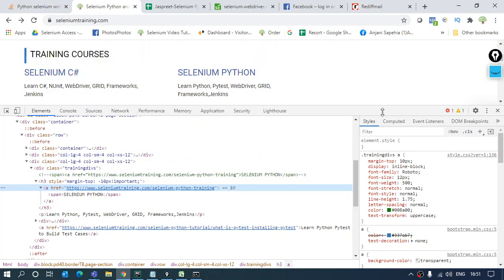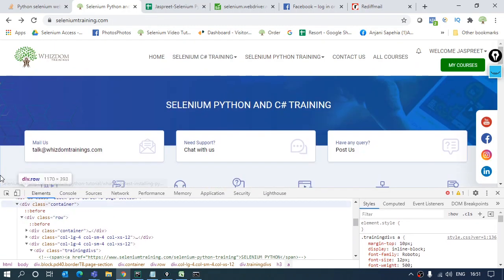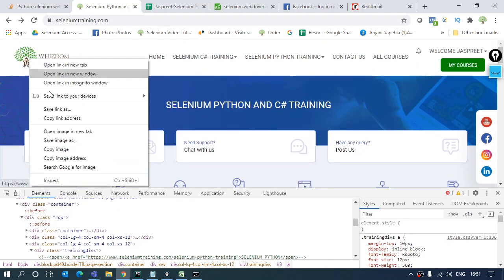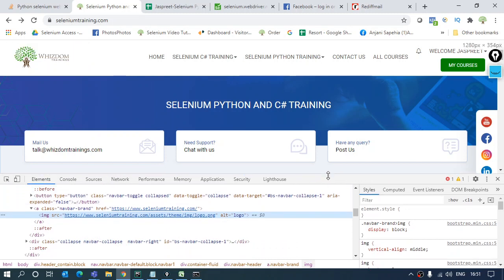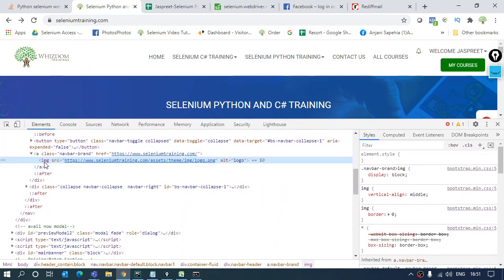The same kind of thing is with images. Now if I look for the image, this is the image, right? This is the logo image. If I inspect this, the tag name is img, being in the purplish color. Along with this, it will have the mandatory attribute as src. Now this src is basically the short form of source. It's going to hold the URL of the place from where this image is being loaded. For that this link is coming up.